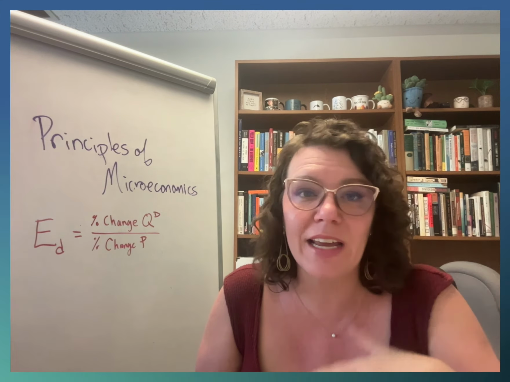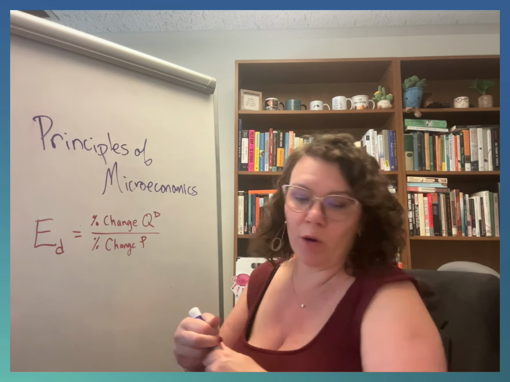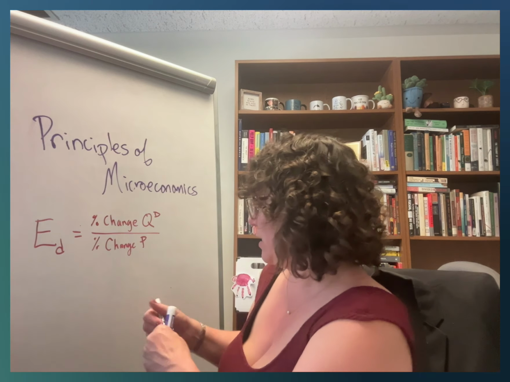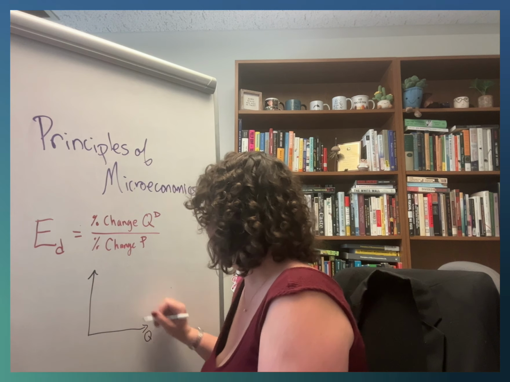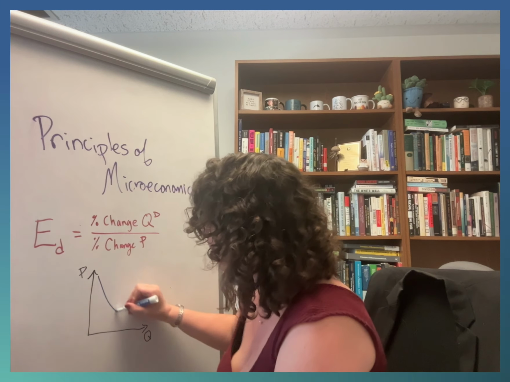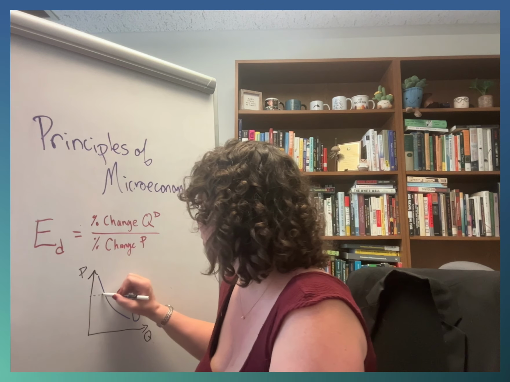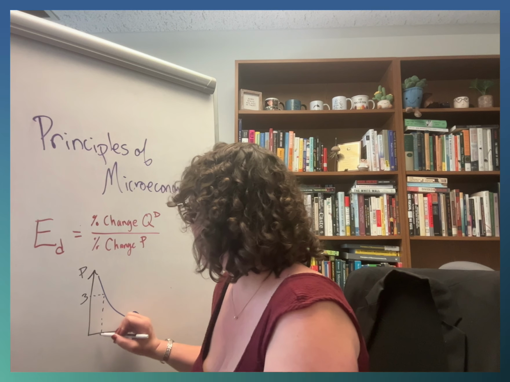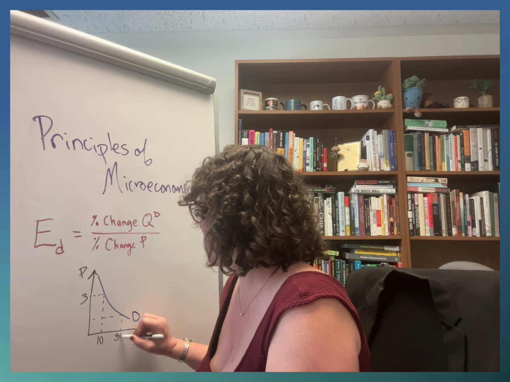It's got extra numbers. It's kind of asking you to do a bunch of equations. And this comes from the problem of the midpoint formula. And the idea built into the midpoint formula is this. This is in the textbook, we've talked about it in class, so I'll just review it really quickly. If we look at a downward sloping demand curve and we compare, like the example that I'm going to show you right now, a change in price from $3 and a quantity of 10 to say $1